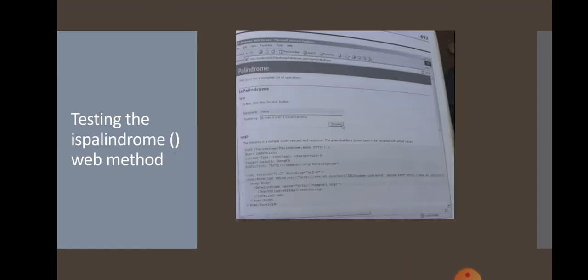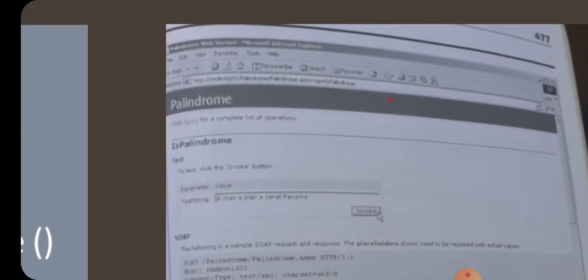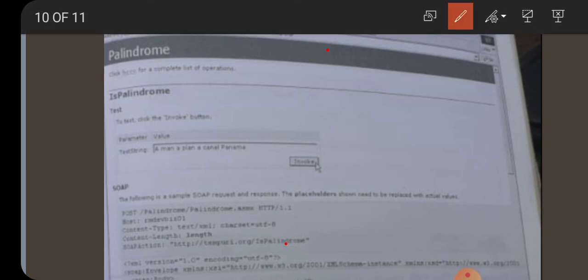First, we need to click this link. After that, it will display a page, an input getting page. We need to enter the input in the test string box.